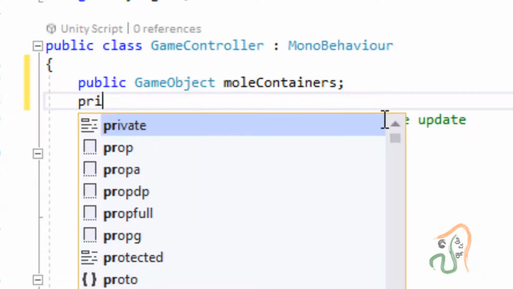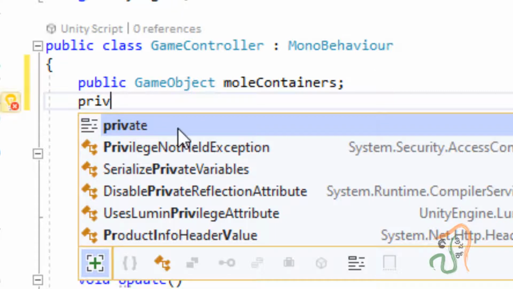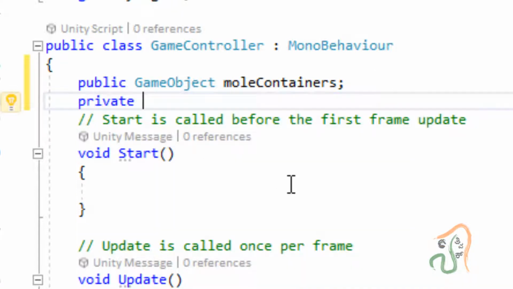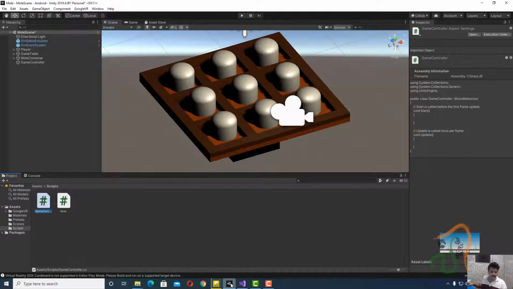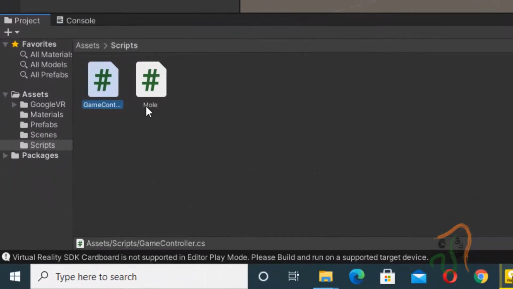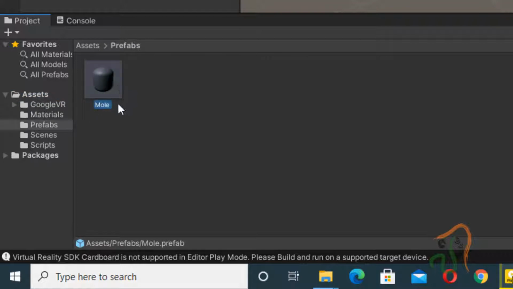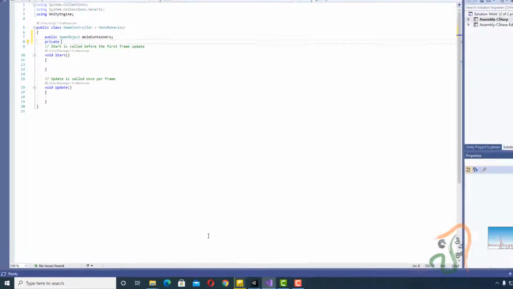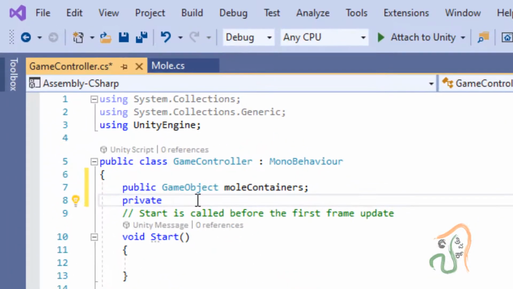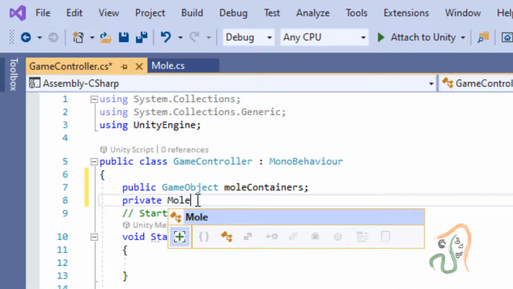Then press enter, and next we are going to declare a private variable. If you come back to Unity, in assets, in prefabs, you have this mole. We are going to declare a new variable of this type, Mole.